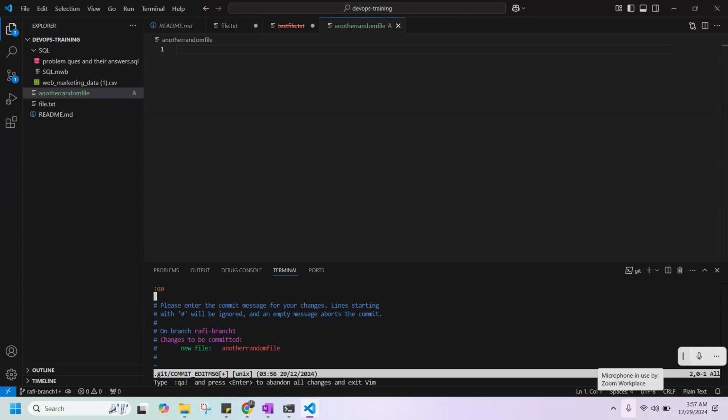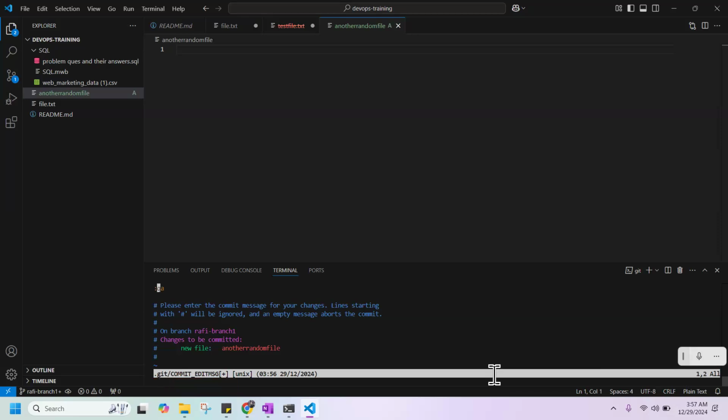Sorry, after the QA, just write the exclamation sign. Or you can just copy this and paste it here. You just write colon QA and after that the exclamation sign on the first line. After the QA. Yeah, it's not letting me write anything.